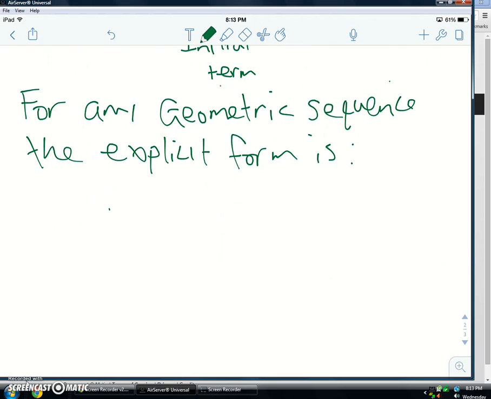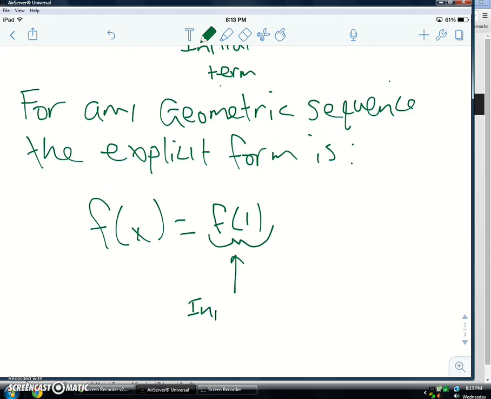Okay? So we could just say, f of x again for our function equals the first term, or the initial term, and the way I'm going to write that is f of 1. That thing right there means your initial value, your initial term. So f of 1 times the common ratio r raised to the x minus 1 power. And that will work for any geometric sequence that you run into. Okay? So again, there's your common ratio,